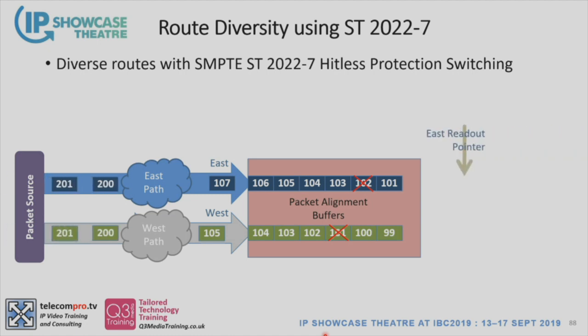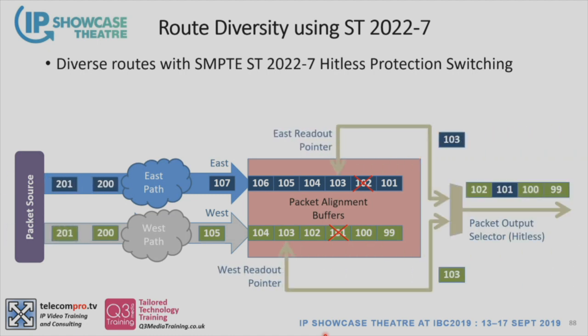So what I'm going to have to do to read those packets out is align the packets based on their RTP timestamps. And I'm going to be able to dynamically switch from one stream to another in case of an error. So in this case, I got packets 99 and 100 from the green west stream. Packet number 101 was an error. So at my output, I switched immediately over to grab packet 101 from my blue east stream, and that makes